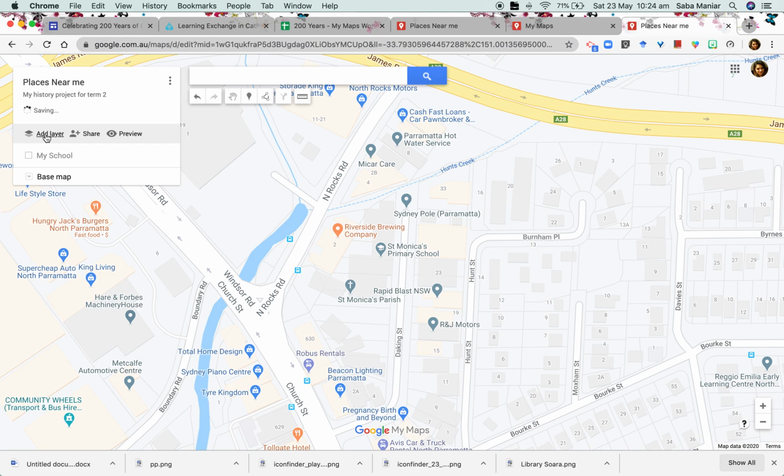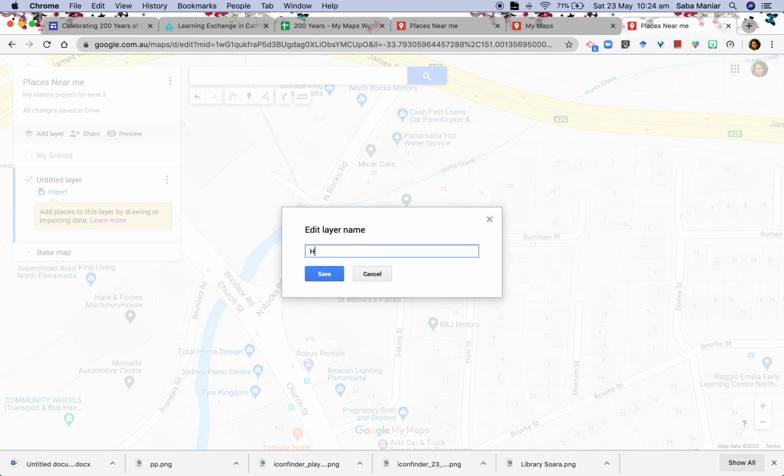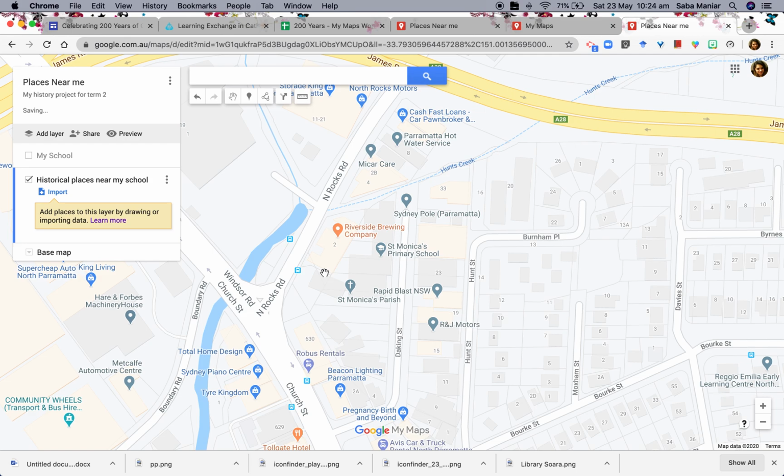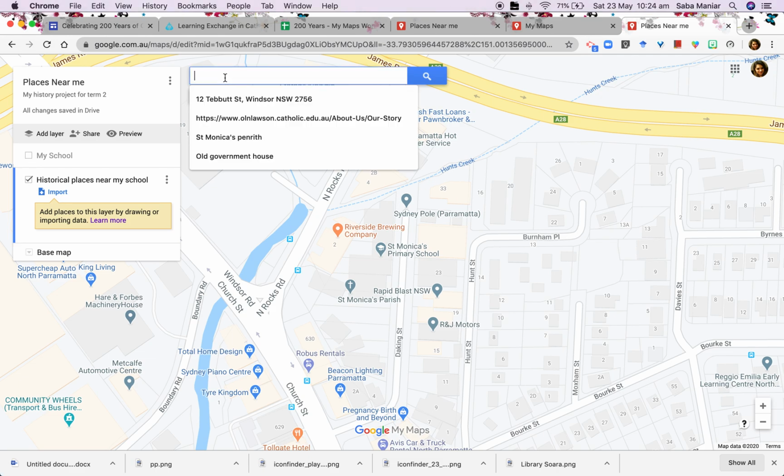I'm going to add in another layer, and I'm going to name it Historical Places Near My School. I'm going to save that. Okay. And now, because this is unticked and this one is ticked, I'm going to go ahead and search for